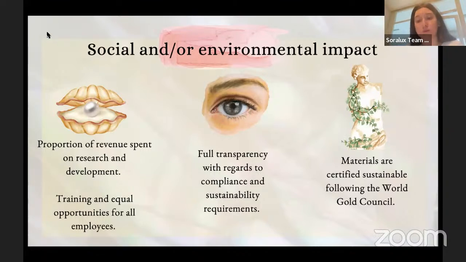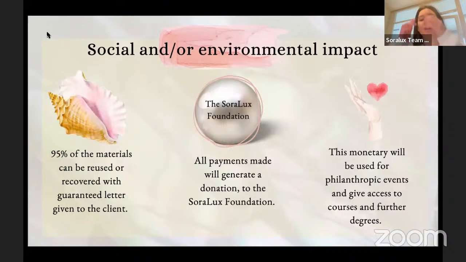We will give full transparency with regards to compliance and sustainable requirements, and our materials are certified sustainable following the World Gold Council. 95% of our materials can be reused or recovered, with a guarantee letter given to the client. We'll have our foundation, and all payments made will generate a donation to our foundation. The money will be used for philanthropic events and to give access to courses and further degrees.